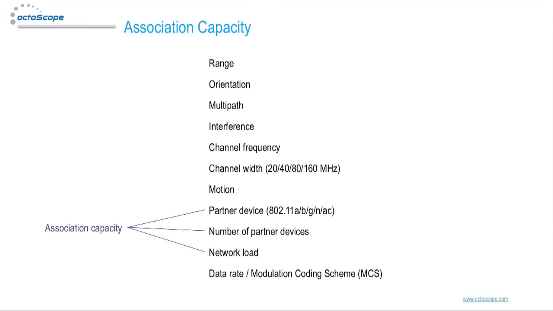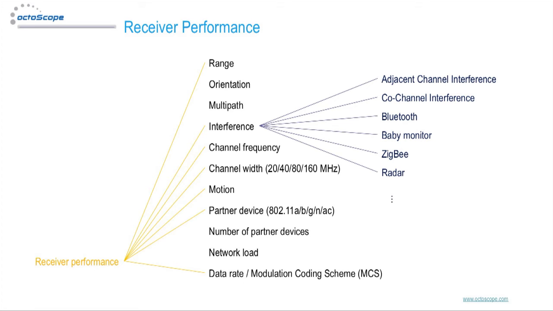octoPAL can be very helpful with this test. The metric of receiver performance requires a golden partner device, such as octoPAL, capable of transmitting at a specified fixed modulation coding scheme. Receiver sensitivity is measured versus path loss and MCS and requires the extremely well-isolated environment that the octoBox delivers. Receiver sensitivity should be measured with and without adjacent channel interference, since adjacent channel interference can significantly impact